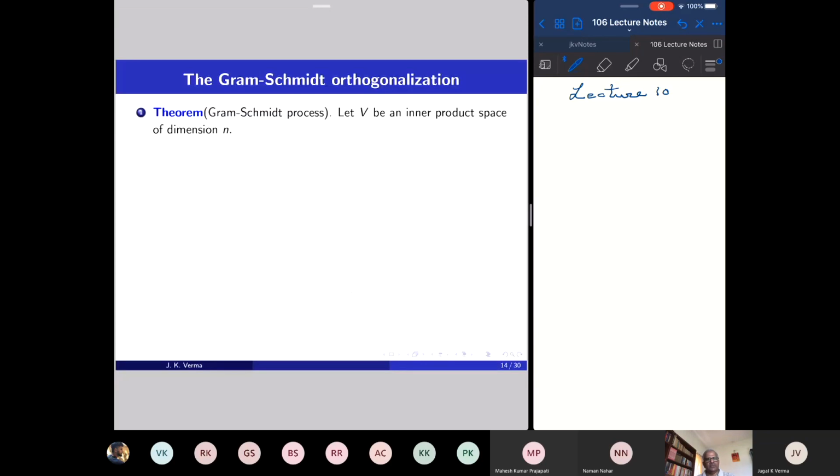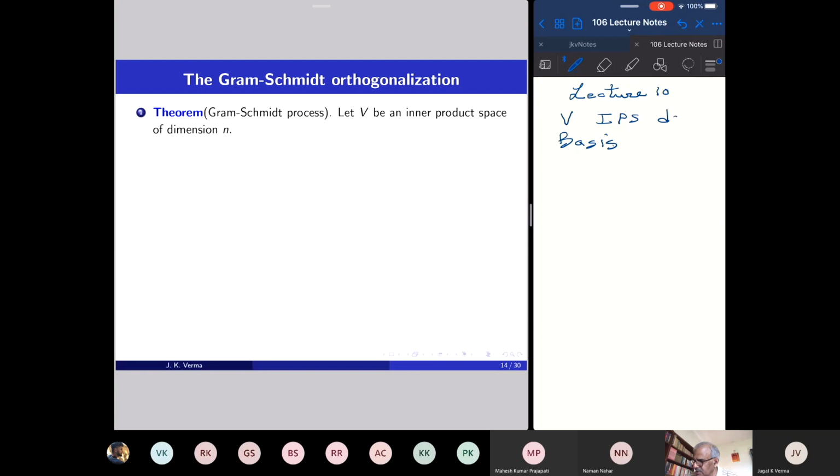So today we will learn the Gram-Schmidt process. The Gram-Schmidt process produces an orthogonal basis of an inner product space. I have a vector space, and it has many kinds of bases. We would like to have a basis of this inner product space,